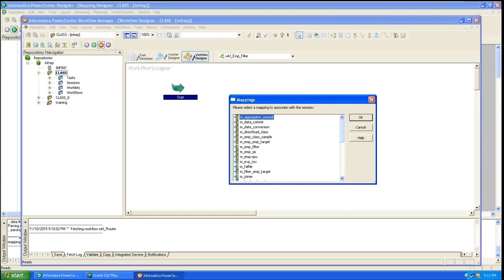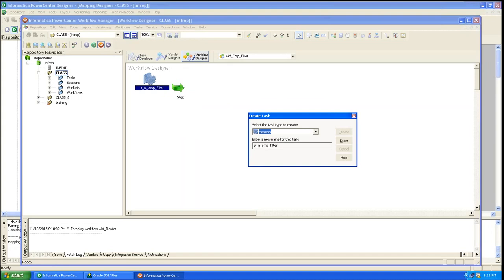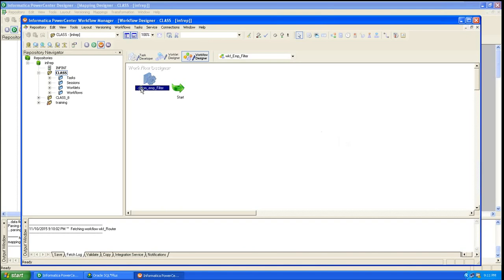Good. Now it will ask for which mapping you are creating the session. We need M underscore filter EMP target. Is the mapping name correct? Just check one more time. Go to the designer once.